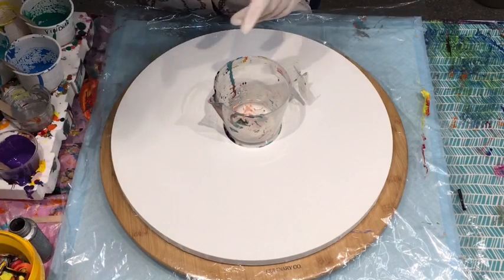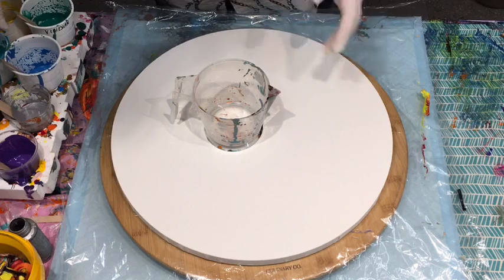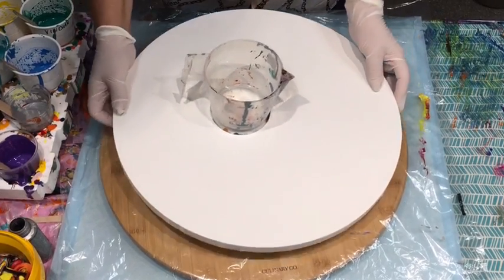So I'm going to use the jug pour. I'm going to do nice bright colours. It's a bit slippy slidey. I bought this big,